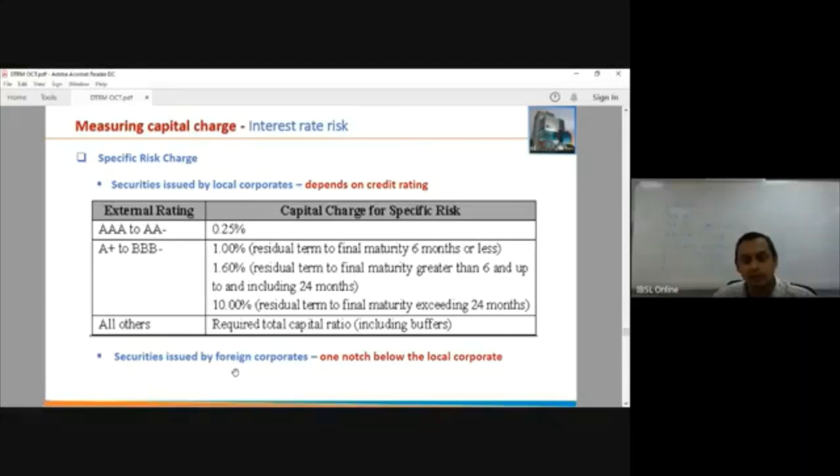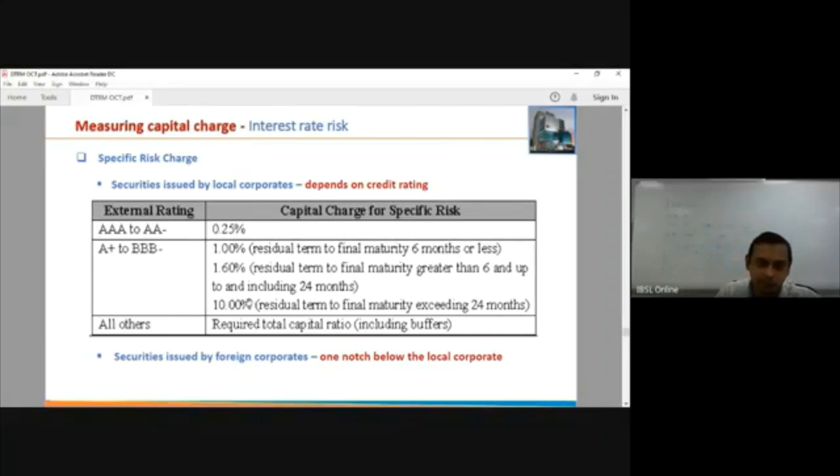For a local corporate, again it depends on the rating bucket and time to maturity. And in the case of a foreign corporate, there's no separate table. You have to use this table, but